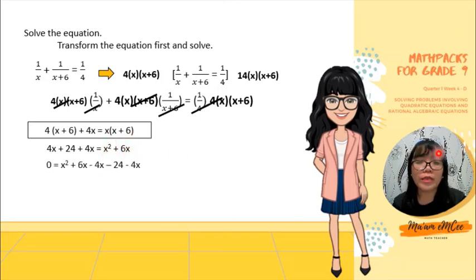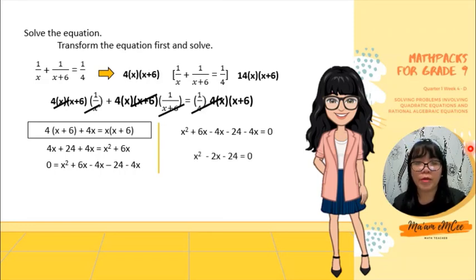Then we express this one in standard form. So we need to transpose every term from this side of the equation to this side. So we copy x squared. We copy as well positive 6x. Positive 4x here will become negative 4x. Positive 24 here will become negative 24. And then our positive 4x here will become negative 4x. So our equation will be x squared plus 6x minus 4x minus 24 minus 4x equals 0 using our